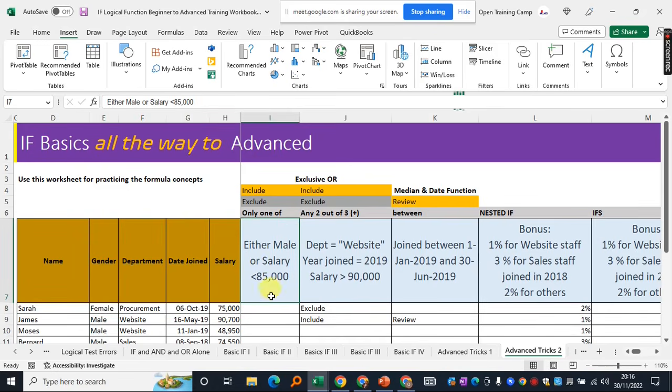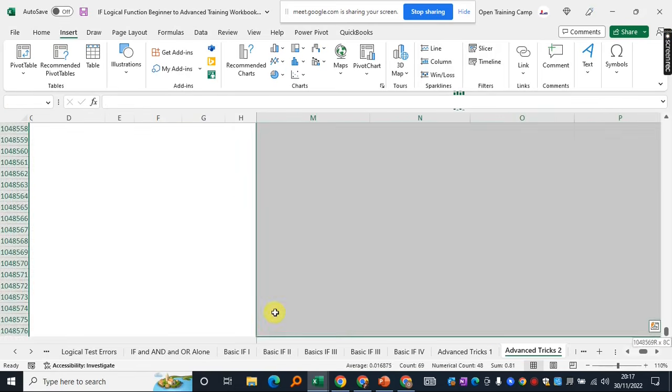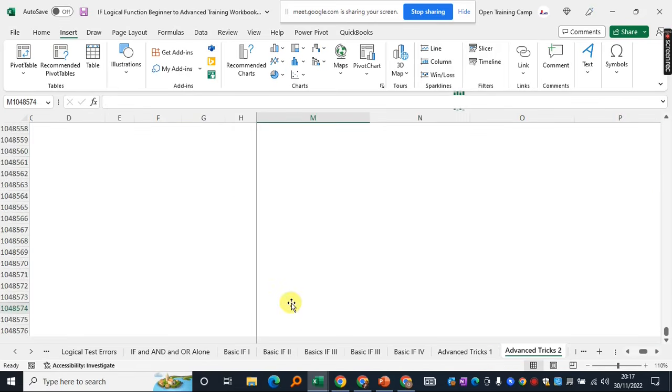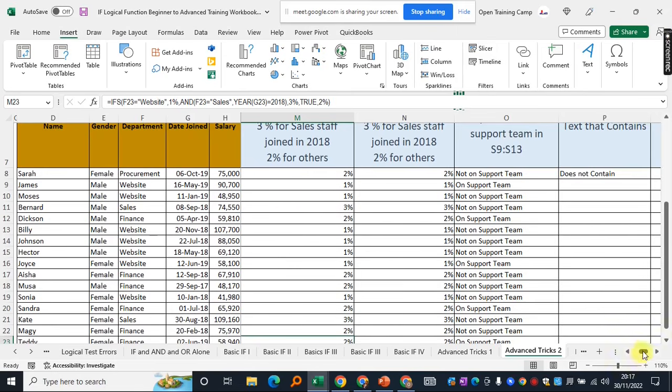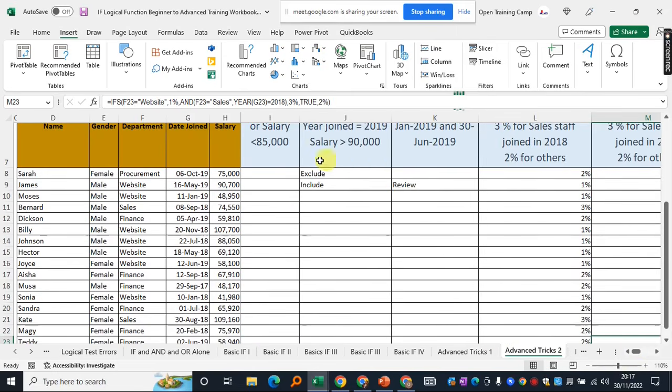And the conditions are given: either male or salary that is less than 85,000. I think this is very easy to write. For those who have been in this class from the time we started, I believe this is something that you can write. So let me go to that particular